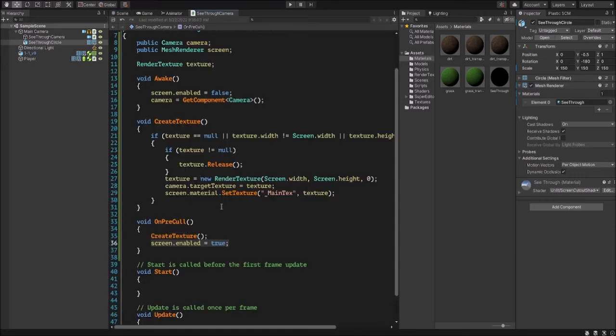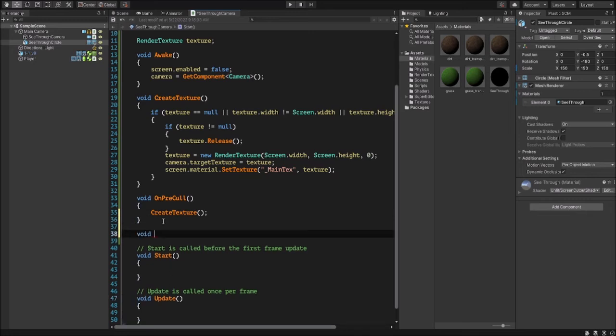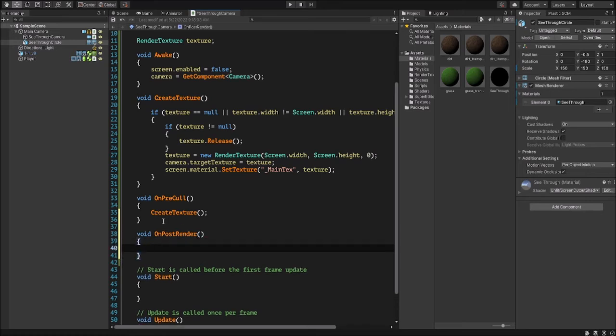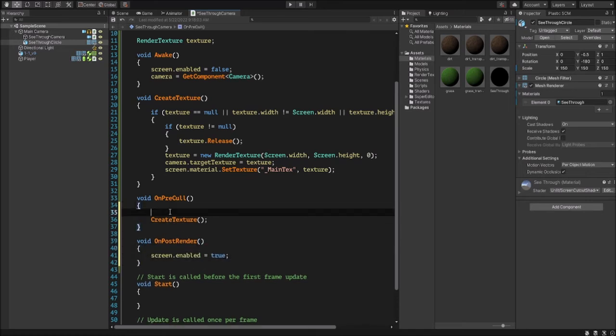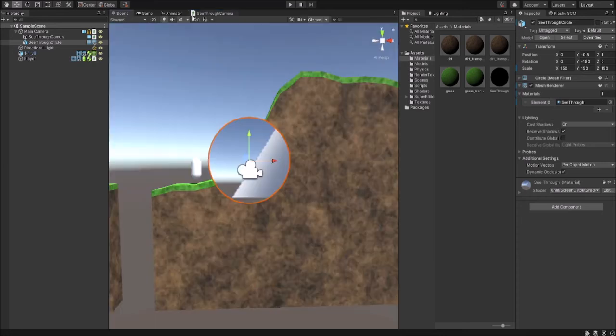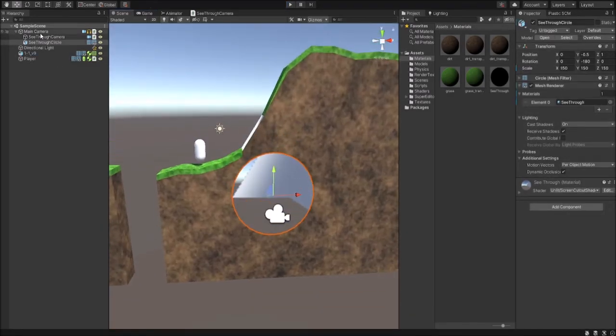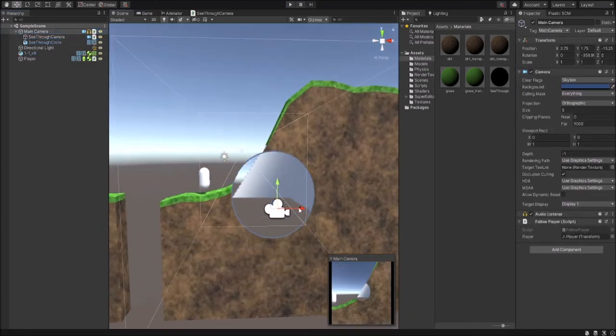Oh, pre-cull. Let's move this to... And in fact, we might as well disable it during pre-cull. Okay. Alright, so I think we're going to need to move the main camera